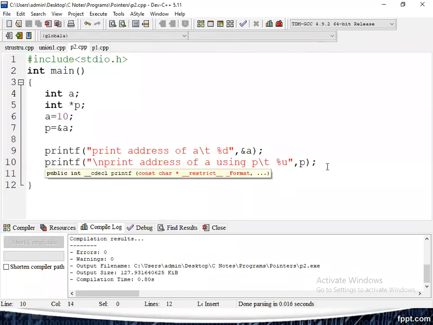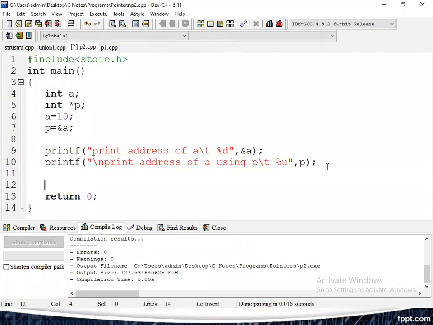Next, how can we access the data? How can we print the value of a in a different way?